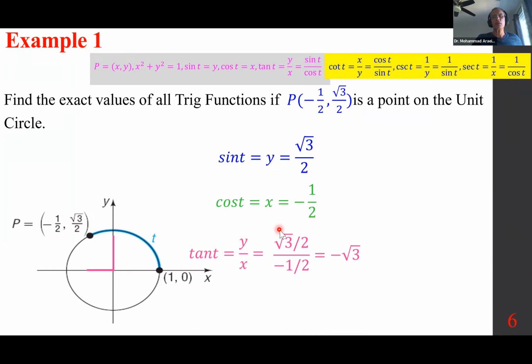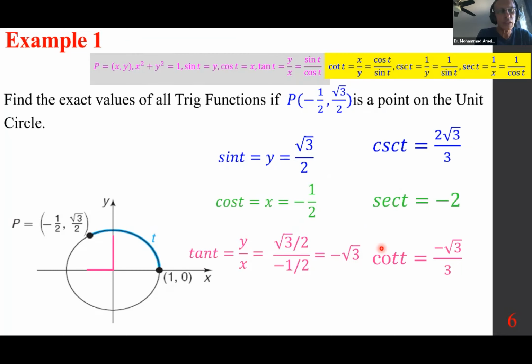Now, the rest of them are reciprocal. So for example, the reciprocal of sine, 2 over square root of 3, becomes cosecant t. The reciprocal of cosine, -2, becomes secant t. And the reciprocal of tangent, 1 over minus square root of 3, which becomes minus square root of 3/3, is cotangent. So please understand